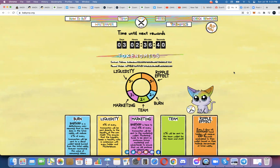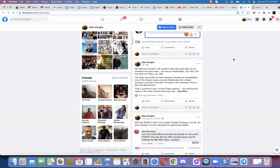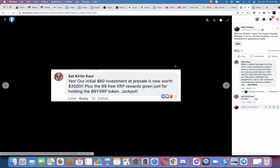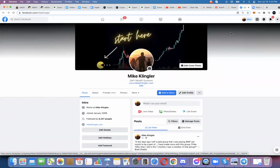In fact, one of our members had shared, isn't that on my Facebook, I believe it was Baby XRP. Super, yeah, here it is. Super, super cool. She goes, our initial $60 investment at pre-sale, so she put in $60, is now worth $3,500. That happened just in days, plus the 89 free XRP rewards. So that was Baby XRP. And that was also discussed extensively in our group, and a lot of people got in on that one. So anyway,